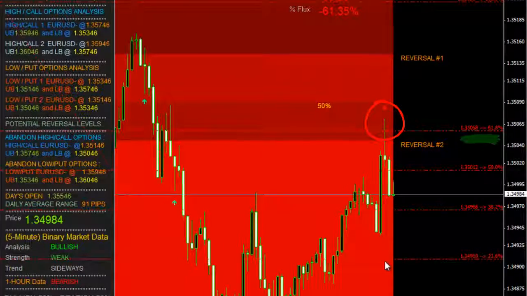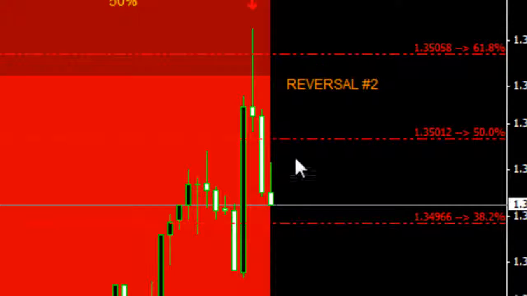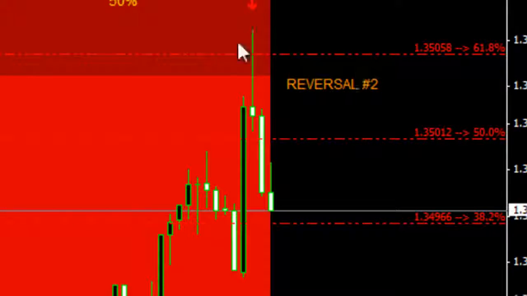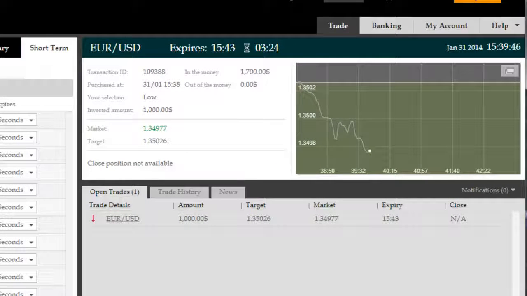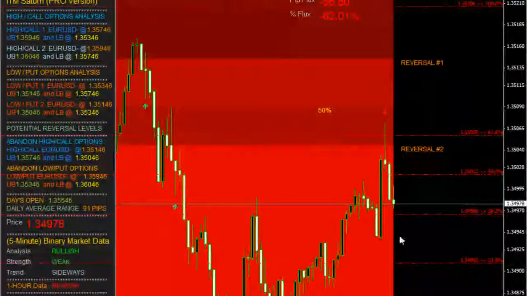If you look at the chart here, had you taken this trade at the 50% retracement, you would still have had enough time to rejoin this trend, which is now, as you can see, exploding towards the downside. That is the beauty of these high probability reversal zone trades, that you can rejoin the trend once that target is hit. And ITM Saturn Pro does a phenomenal job pointing out that target for you in advance of the